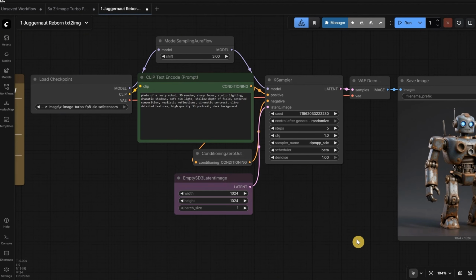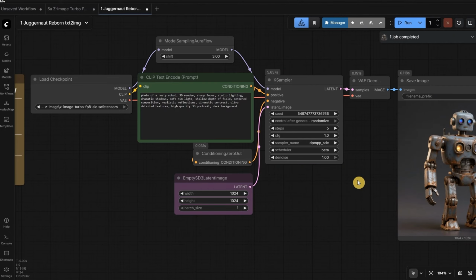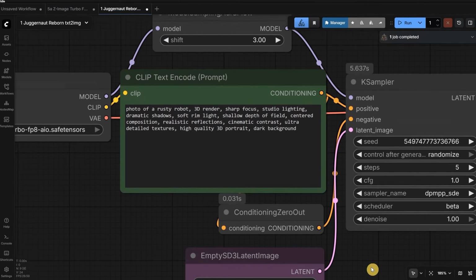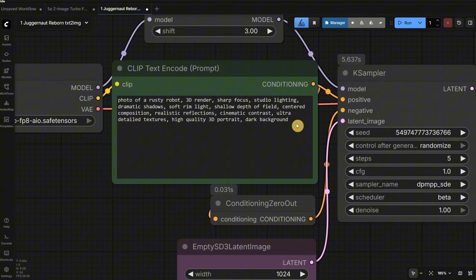That would break the workflow. Conditioning 0 out is a safe way to say, use conditioning, but make it have no effect. So if we run the workflow, everything works fine without any errors. Now, the good part about Z-Image Turbo is that it is very good at realistic images, but it is also